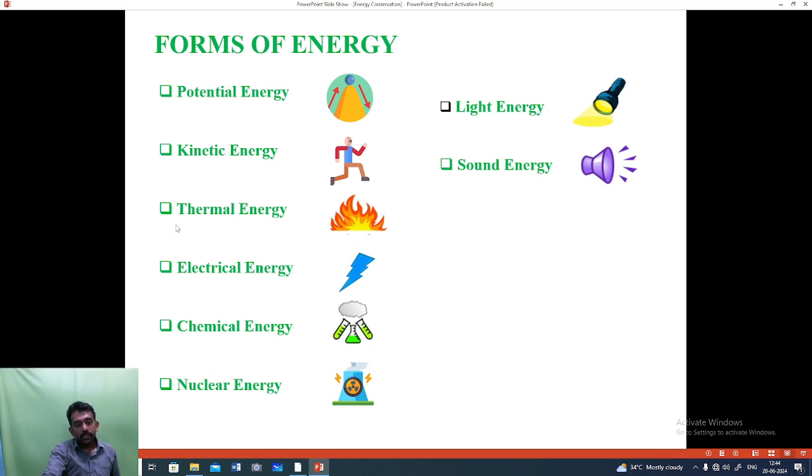And coming to the thermal energy, it is a form of heat energy that is generated either by means of fire, or by the sun or any external sources. And next, coming to the electrical energy. So electrical energy is the form of energy where most of the useful work is done. Here the flow of electrons is used for generating electricity and thereby doing the work.